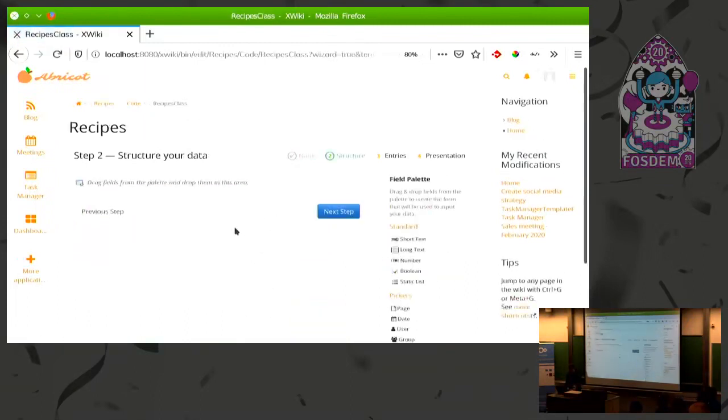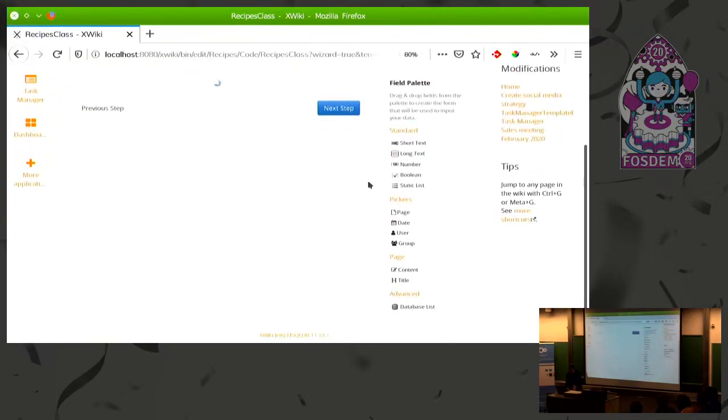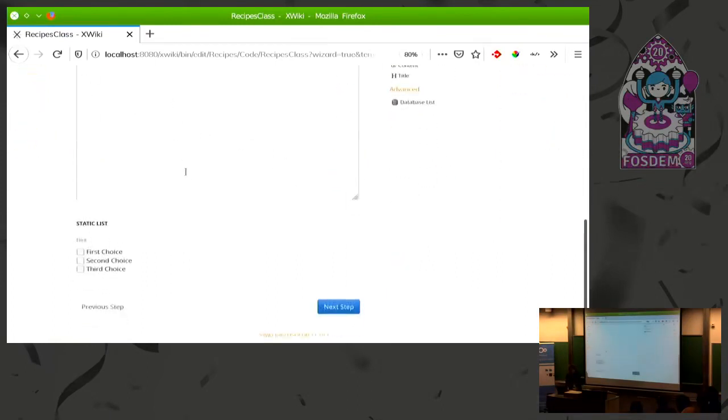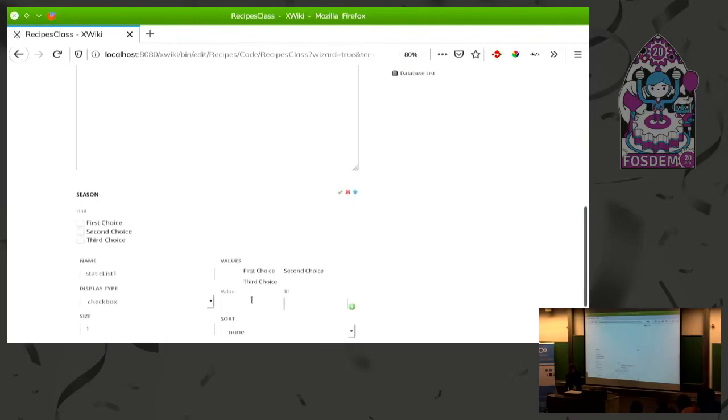What I want here, for example, is a name. I'm going to call this name. I will want an actual recipe itself, because we're not going to structure the data about the recipe. It's still going to be text, but we want to add some interesting metadata. For example, we want to know to which season this recipe applies. So I'm adding here a property in my application, a metadata of type list, and I'm going to define here summer,